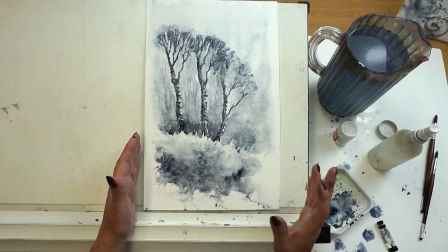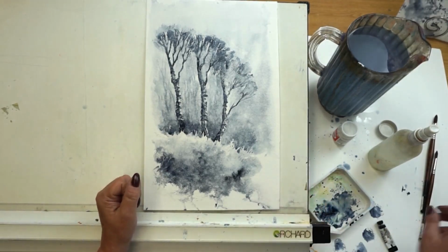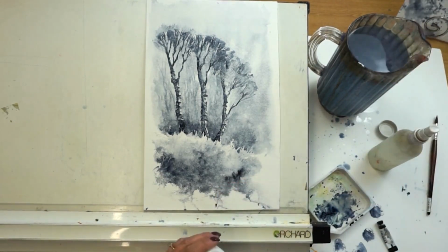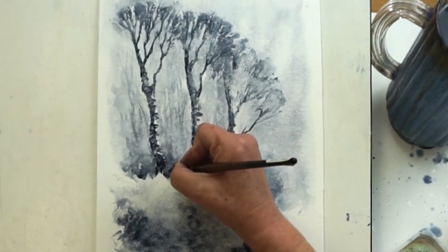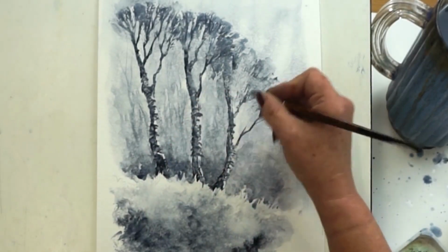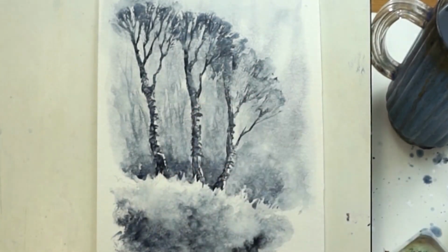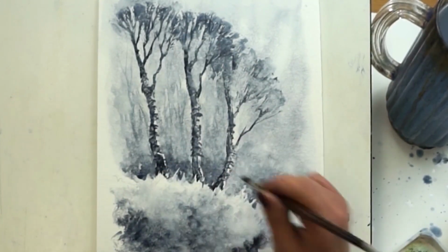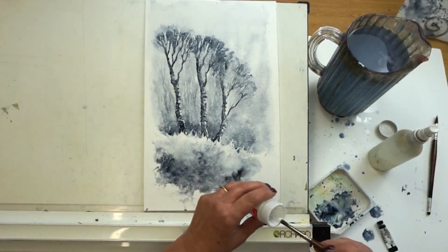But before I finish, for those of you who are interested, I'm going to show you how I can just create a little bit of sparkly snow. So I'm going to take my brush and my Dr. Martin's bleed proof white, and of course you can use this as well to create any highlights that you think you might want to add. So maybe just a couple down the side of the trees perhaps, I don't really think it needs it, but just to show you where you could put yours, you could also put in some more flicks of glasses with that. But I think the nicest thing to do is to load your brush with paint